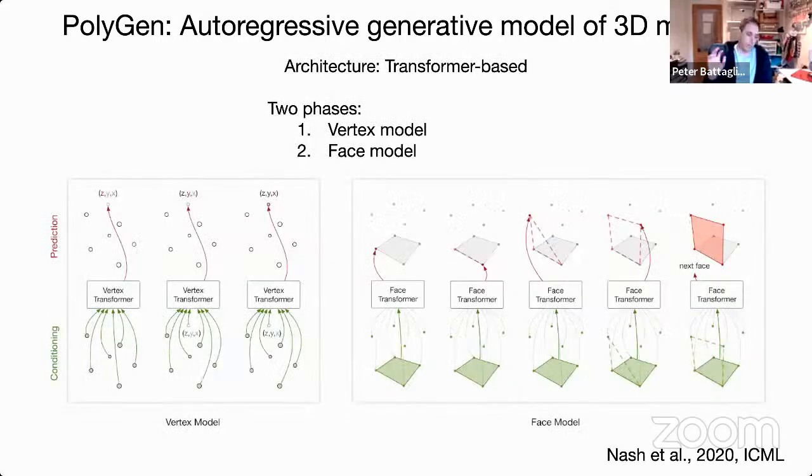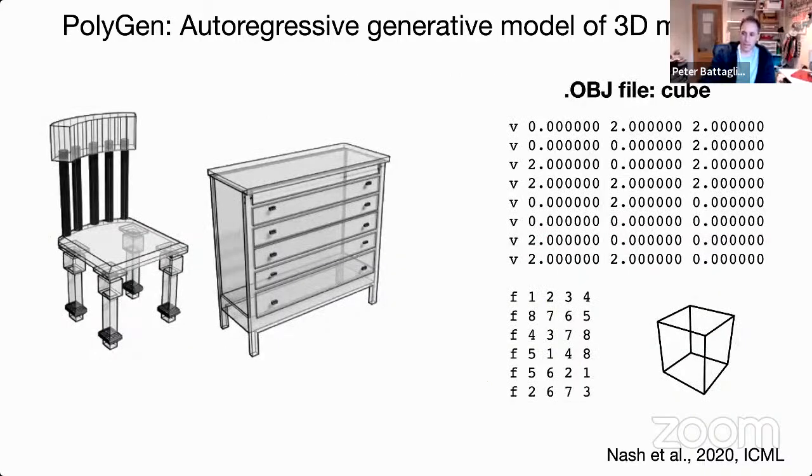So we kind of tried to keep it simple. So all we did was, why don't we train a model of this vertex list, and then after we train that model, we'll give the vertex list that it generates to another model that'll generate a face list, and then see if that thing can learn to predict cubes or any other shapes that are represented